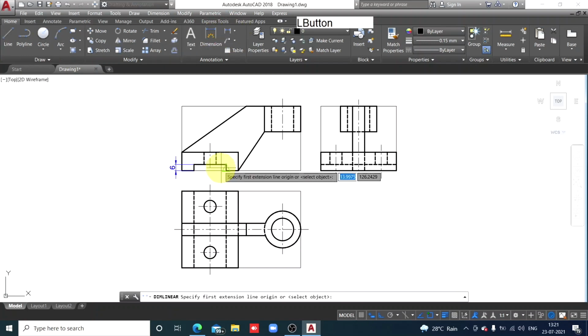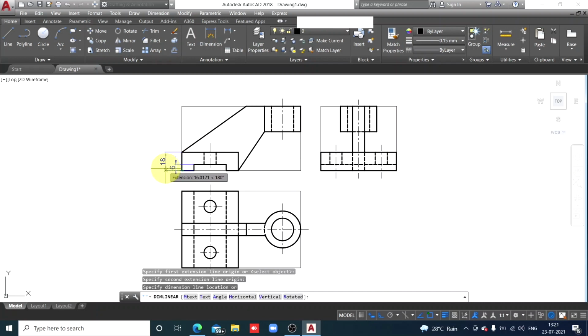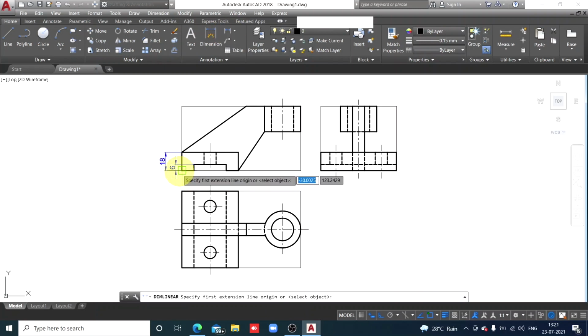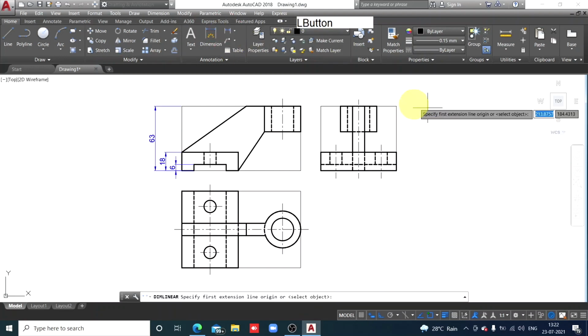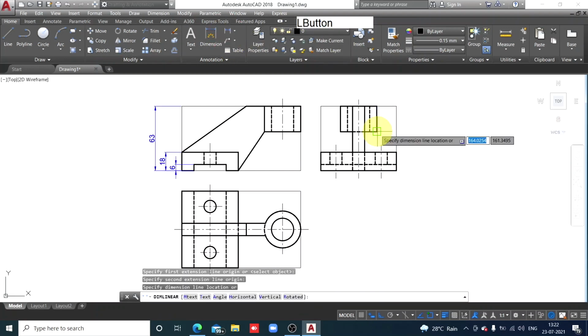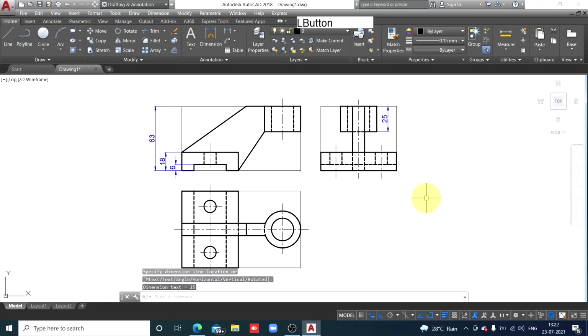Now again linear dimensioning, 18. Again linear dimensioning, overall height. Then height. As far as possible, avoid inserting dimensions between the views. So I'll show height in this manner.